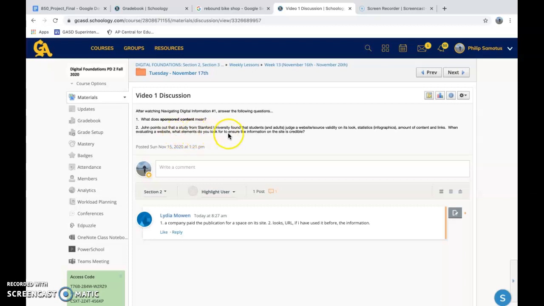points out that the study from Stanford University found that students and adults judge a website's validity on its looks, statistics, and so on when valuing websites. What elements do you look for to ensure the information on the site is credible? Okay, so going back to what we looked at,